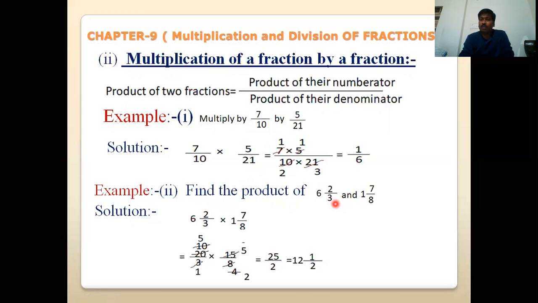Guess it, how can we multiply it? Firstly we change into the improper fractions. When we change into the improper fraction, we get 20 by 3, and now 8 into 1 is 8, 8 7s, or 15 by 8. Now here we see when we cancel the 3 and the 15, 3 1s are 3, 3 5s are 15,